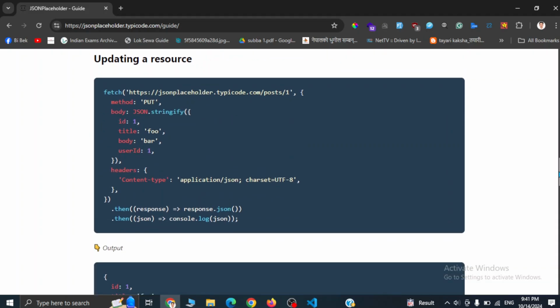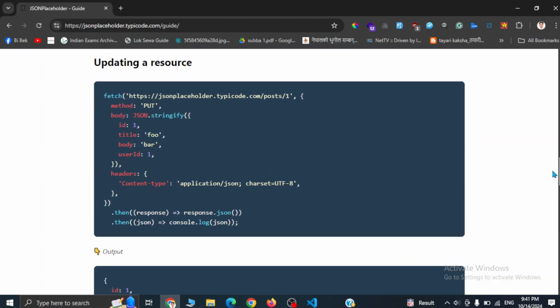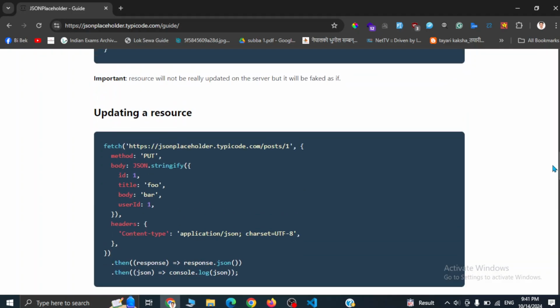put request. Okay, so the work of put and patch request is same, but the main difference here is you have to use a put request when you are going to update the whole properties available there, like you can't only update id, or you can't only update title with a put request. So whenever you are making put request, we have to update all the things, or you have to pass all the associated key value pairs. So if you want to partially update the resource, then you can make a patch request,